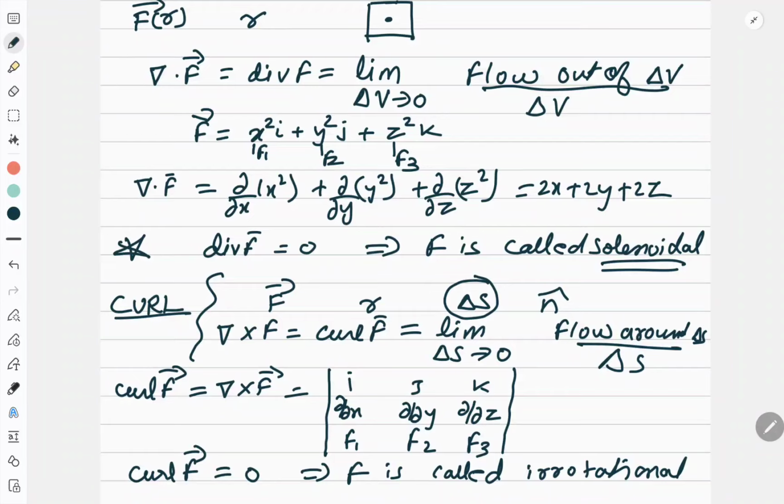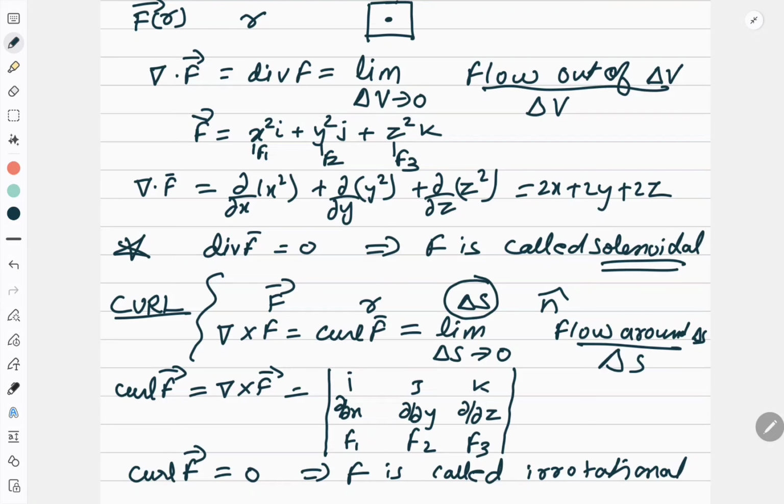We started with a vector operator del, and I saw that when I apply this vector operator on a scalar function phi, I get the gradient, which is vector in nature. When I do the dot product of del with a vector function, I get divergence. When I do the cross product of del with a vector function, I get curl. Gradient is vector, divergence is scalar, but the curl is again a vector. Right? So keep these concepts in mind, and then we can start with the questions. Doing questions is very easy. So let us start with the questions.